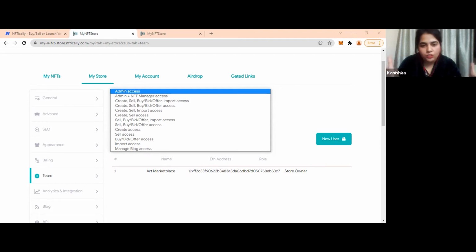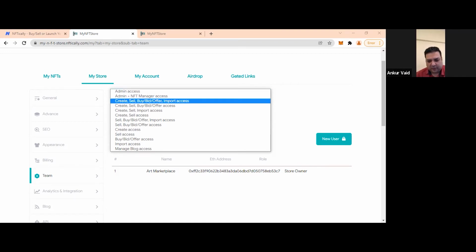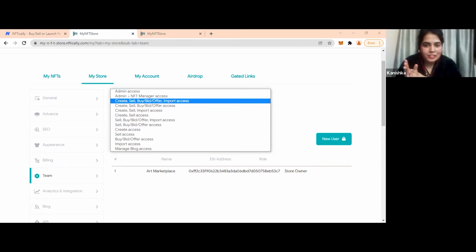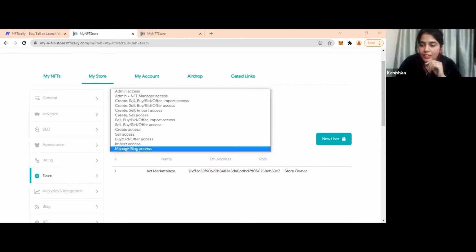You can use either of them to link your account to NFTcally. And how about a Ledger? If somebody wants to connect with a Ledger, do you support it? As of now, only these options are available. So yeah, sure. Okay, so these are the options that you can give to your teammates.